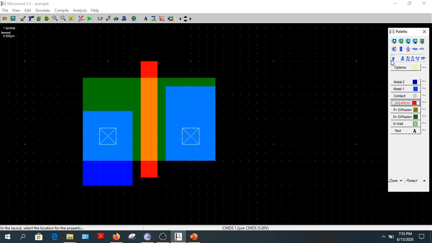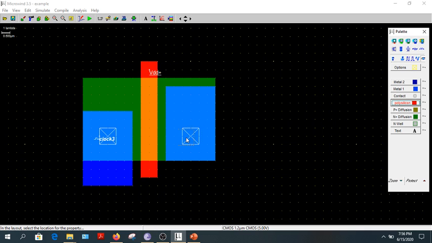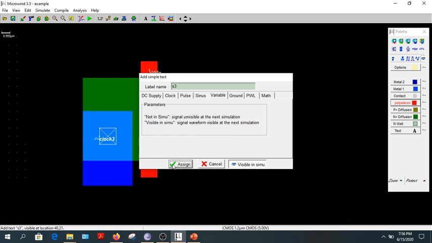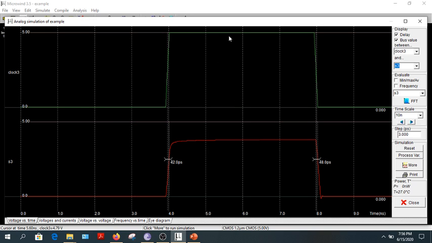Now I'll show you once again so that you are clear with the concept. Yes, it works properly. If I apply VDD over here, and now I'll select clock pulse, apply the clock pulse over here, and take output from this terminal. Now will it work? It needs to work. See, it is working, and you can see it is giving me weak logic 1. It is giving me 3.7, but strong logic 0, which I already taught you.